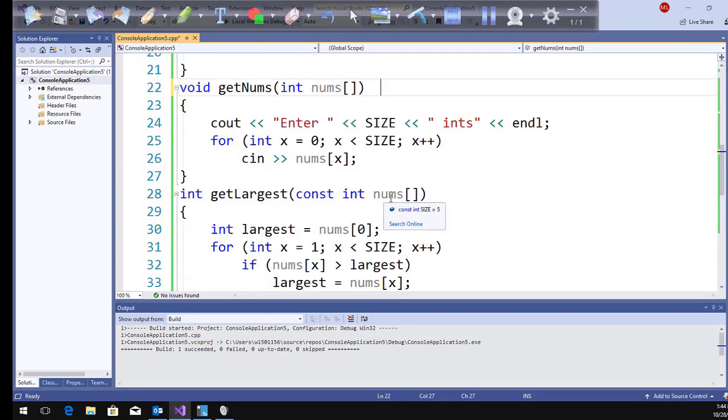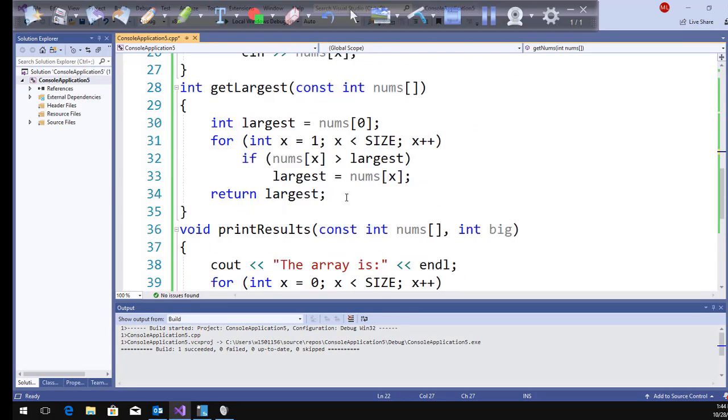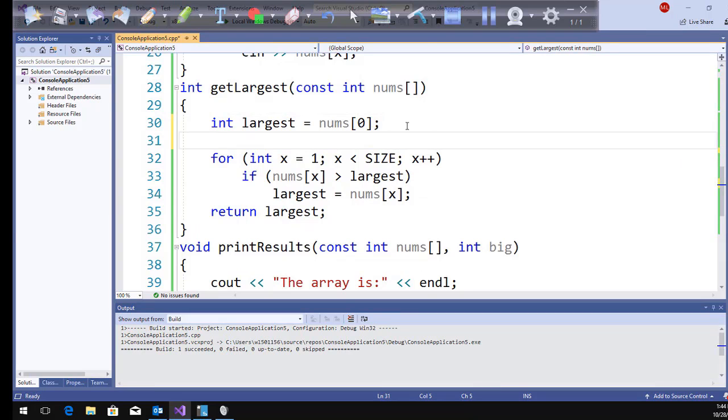Well, watch what happens if I tried to come down here and I said return. I don't want to return that yet. What if I said something weird? What if this function accidentally did something like nums 2